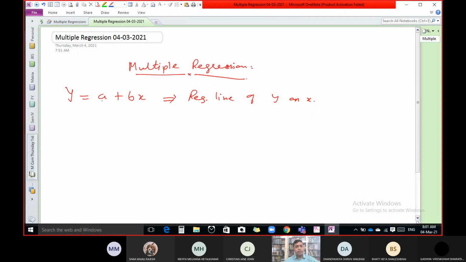For the given value of x, to estimate the value of y, we have to use the regression line. So if the value of x is known and you want to estimate the value of y, regression line is one of the techniques. Now, what is x and what is y? Let us assume x is the income and y is the profit. So on the basis of income, you can estimate the profit.